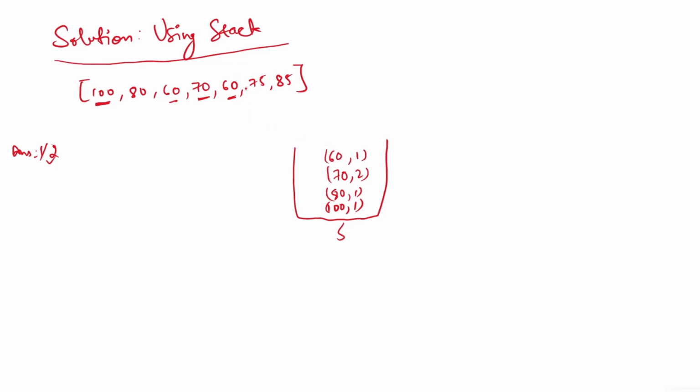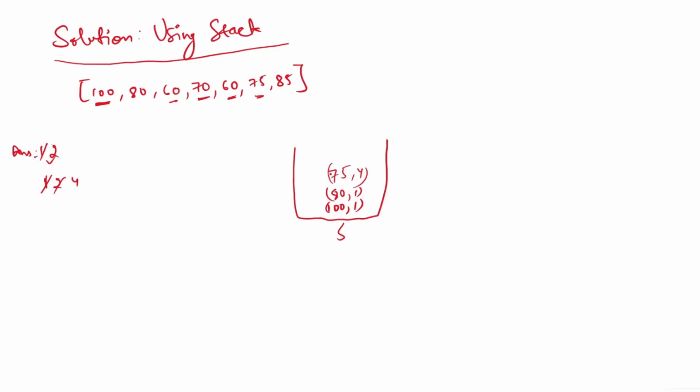After that, is 75 greater than this 60? Yes, this 60 is smaller. So I will pop out this 60, and my answer for 75 starts at 1. I remove it, and 60's answer is 1, so I will add 1 plus 1, it will be 2. Now is 70 also smaller? Yes, 70 is also smaller. So I will remove this, and 70's answer was 2, so 2 plus 2, it will be 4. Now is 80 smaller? No, it is not smaller. So in that case, I will return 4 as my answer for this 75, and I will put it here before returning. So 75, 4 will be my answer.